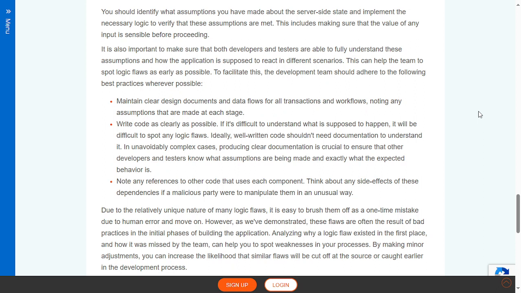To facilitate this, the development team should adhere to the following best practices whenever possible. Maintain clear design documents and data flows for all transactions and workflows, noting any assumptions that are made at each stage. Write code as clearly as possible. If it's difficult to understand what is supposed to happen, it will be difficult to spot any logic flaws. Ideally, well-written code shouldn't need documentation to understand it. In unavoidably complex cases,